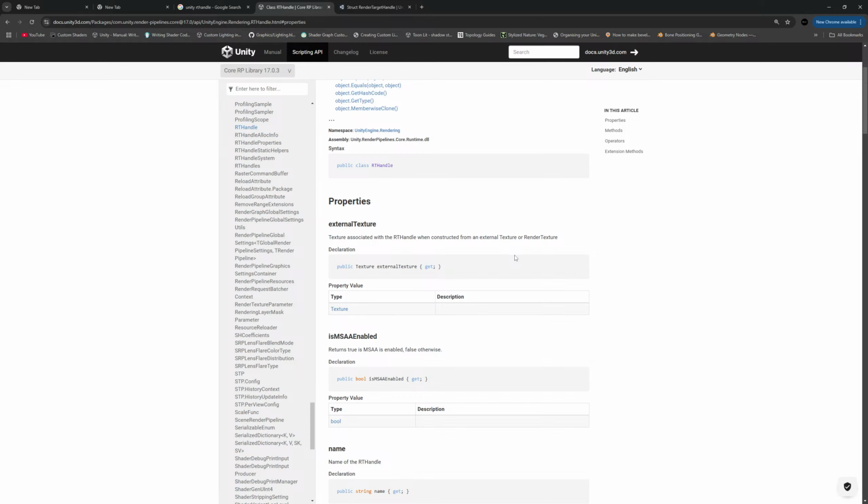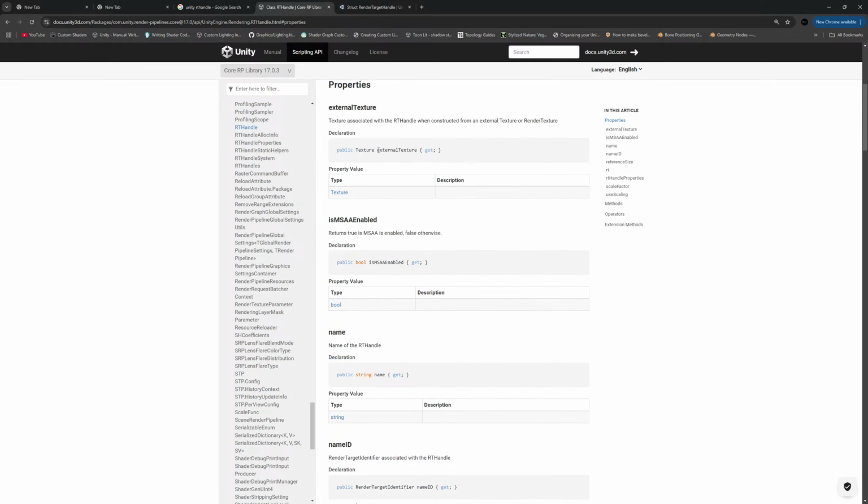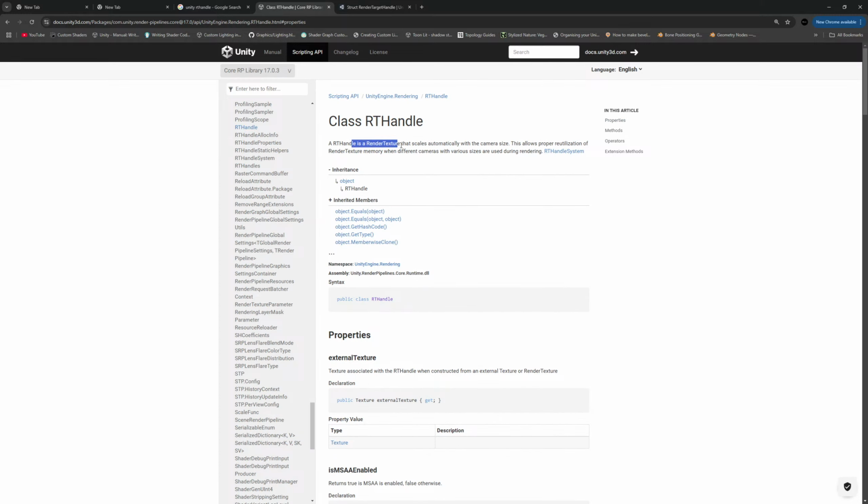A constructor here, when constructed from an external texture or render texture. We don't care about that. Let's see. Is a render texture that's